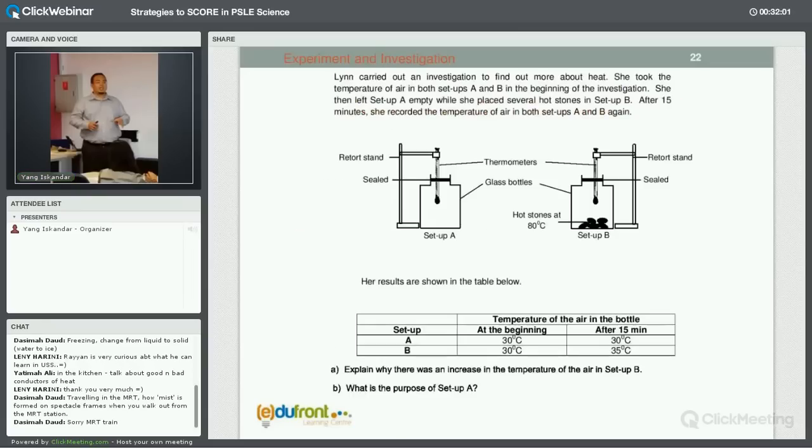Now this is an experiment investigation question, where students are given a setup, either one setup or two setups or more. So in this question, it